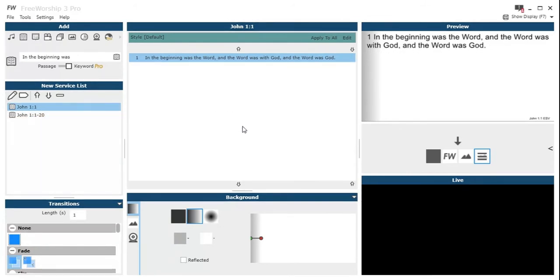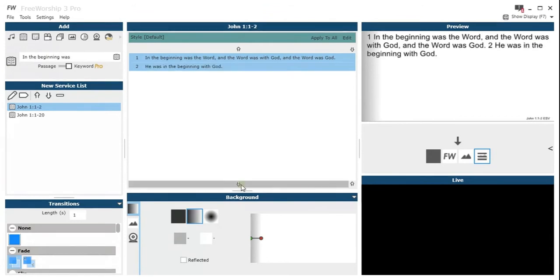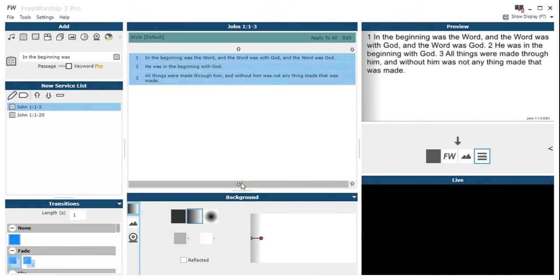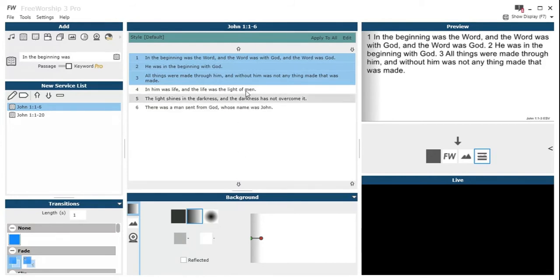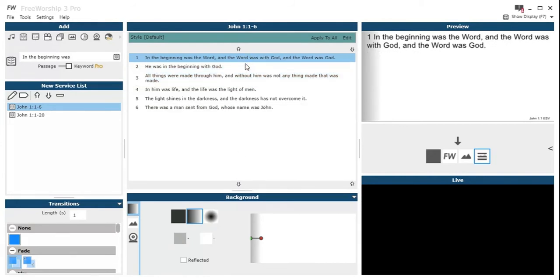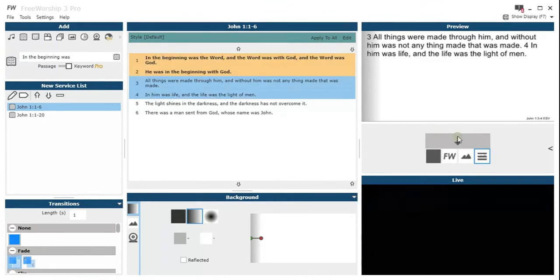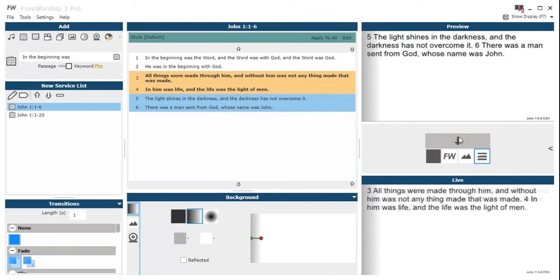So then we've got our central pane, as with any other service item, and at the bottom there there's a little button which allows you to extend that verse. So you might be live, you might have only queued up one verse, you can extend that to have 1 to 6 verses. So then also you've got this highlighting feature, so that is how many verses it will progress